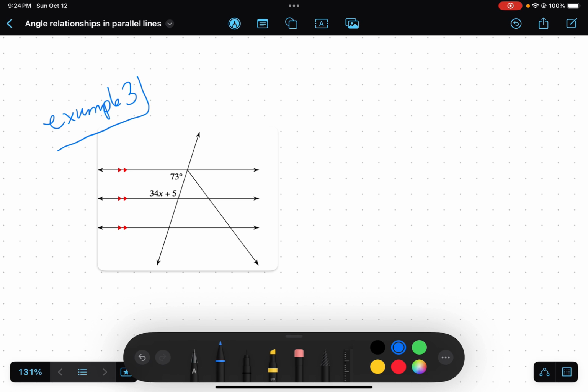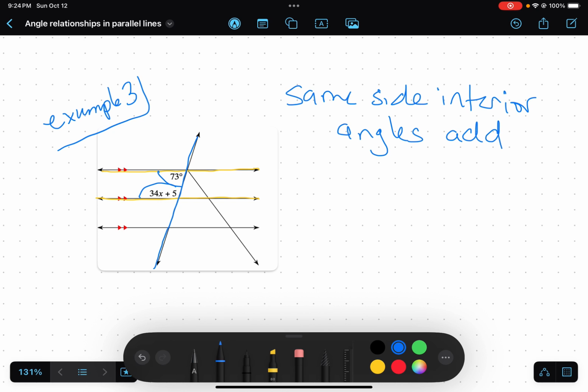Okay, let's look at the lines that matter. These two lines are parallel, and then we have a transversal right here. I can see that these angles are both inside, but they're on the same side. So these are same side interior angles, and they add, oh, I'm sorry, same side interior angles add to 180 degrees. So to set up my equation,